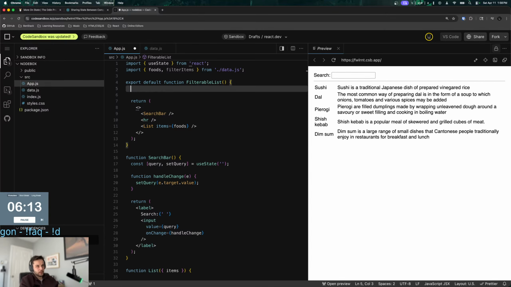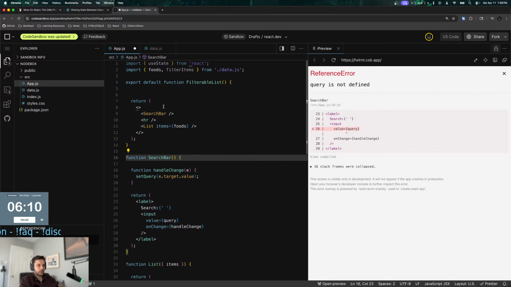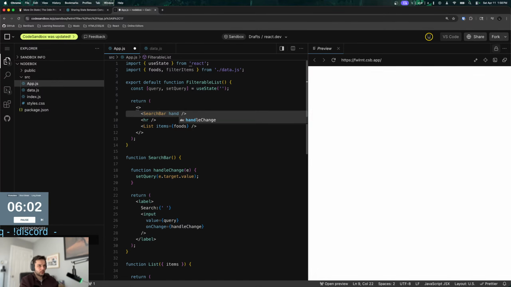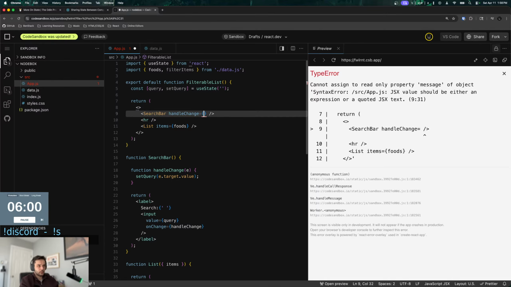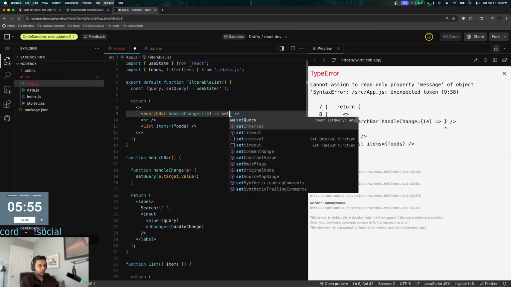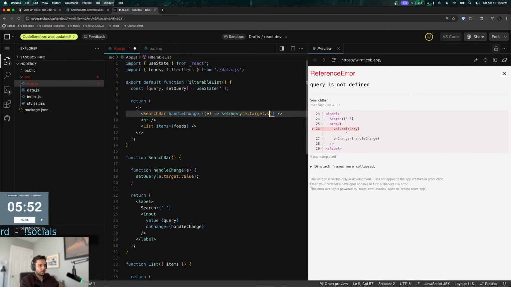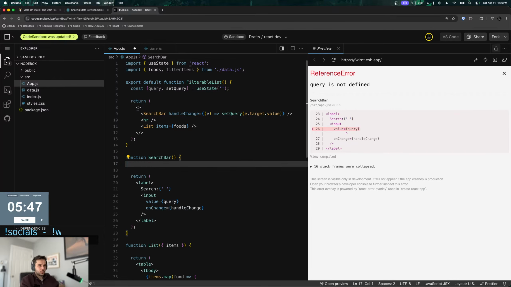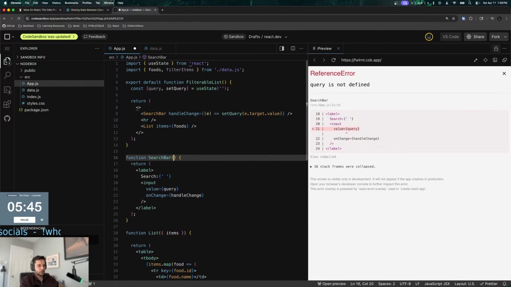So I need to bring up the query to the filterable list, right? And then for the search bar, I need to do a handleChange equals setQuery e.target.value. And then I need to pass that in as a prop. Oh, and the value needs to be, I need to get the query value, right?